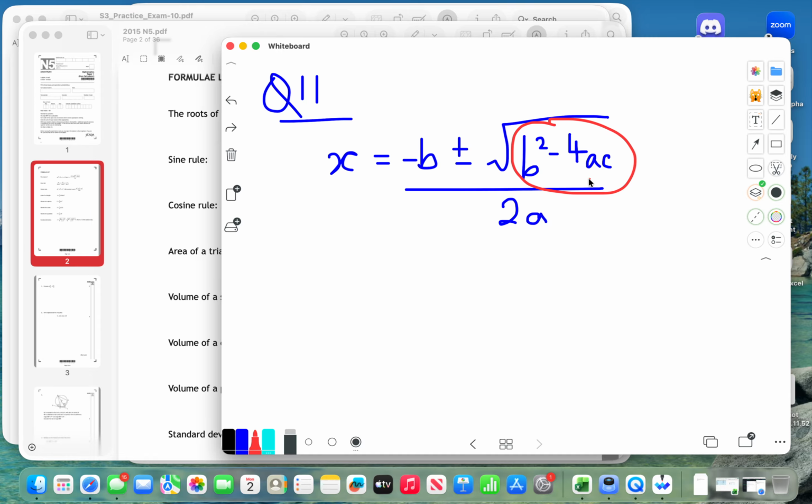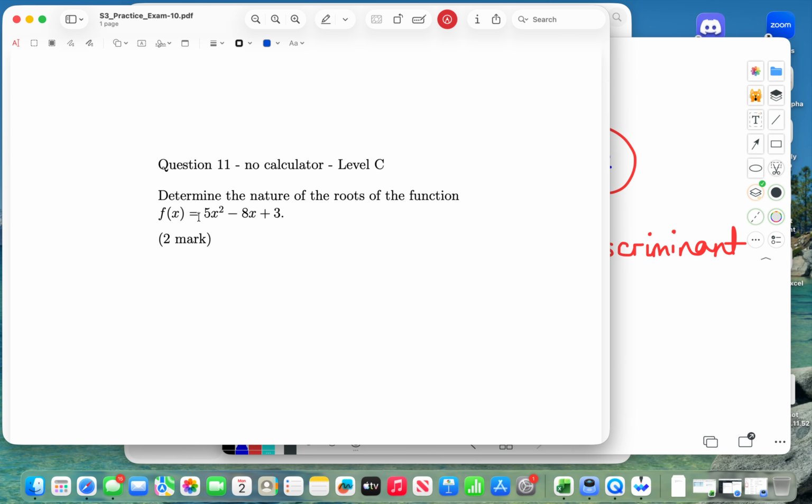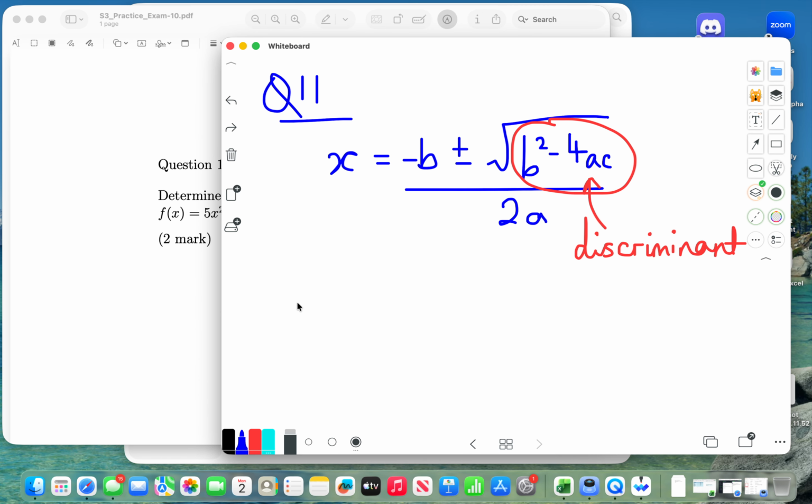And we call b squared minus 4ac the discriminant. The discriminant is not the square root of b squared minus 4ac, it's just b squared minus 4ac. So we have to find the discriminant of the function. If we find the values of a, b and c,